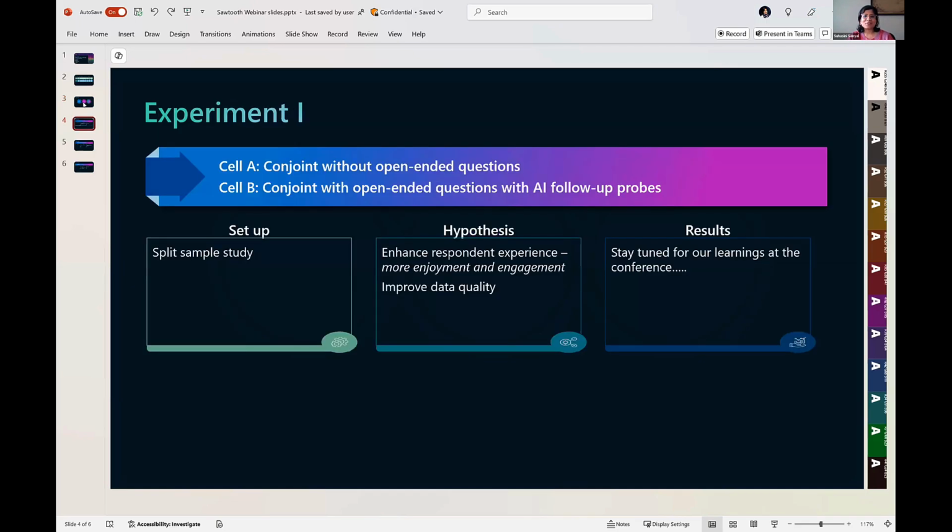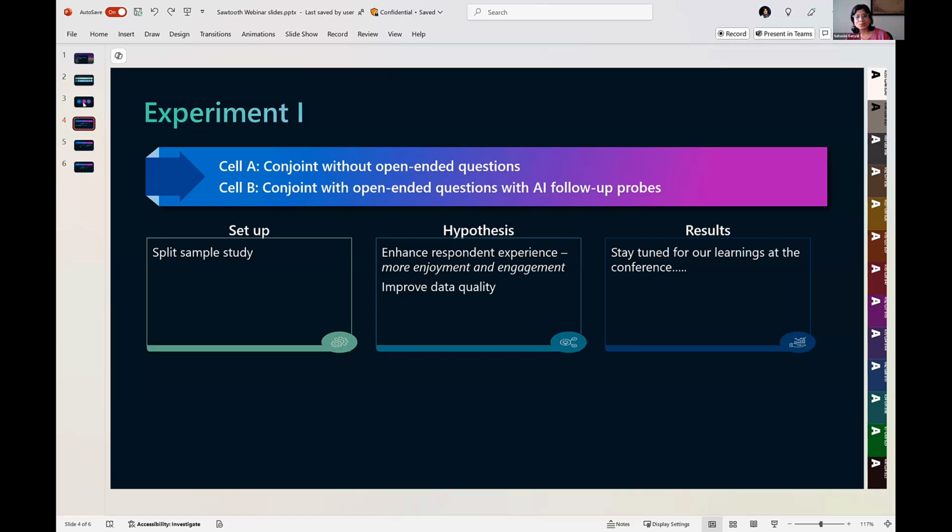Now that we have a broader context, let me dive into what exactly we'll be talking about in the Sawtooth conference, as well as the focus areas of our paper for the conference. So for this, we have been exploring AI and unstructured data to improve data quality in our conjoint studies.